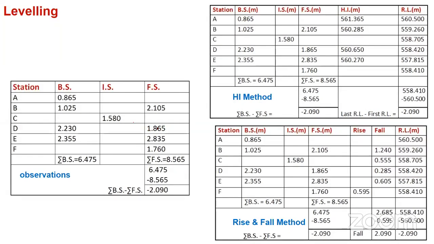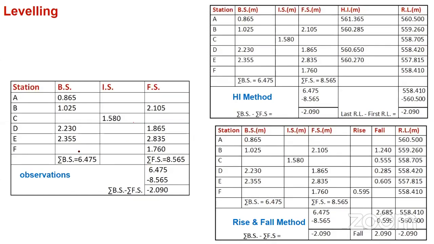From that particular instrument position, E is not visible. That's why they have moved the instrument. Again, they have taken a backside over here, then a foresight. Again, the staff is not visible from the position, so again we have shifted the instrument. So how many times have we shifted the instrument? First position, then second, third, fourth. So it is a backside. Whenever the elevation is known, that sight is a backside. For every foresight, we know the elevation from the calculations.